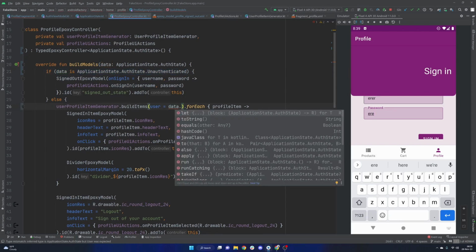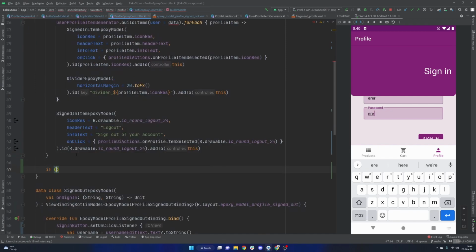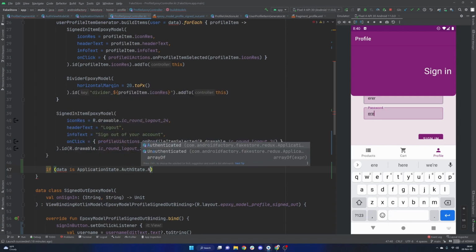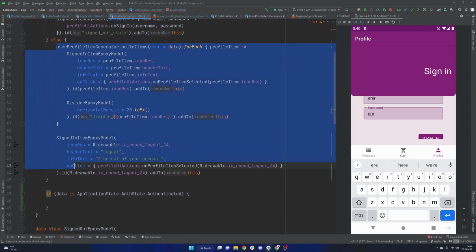Data dot, what does this thing believe data is? It just thinks it's an auth state, so it doesn't have the ability to do that. Yeah, okay. So maybe instead we can very easily just say if our data is auth state authenticated,